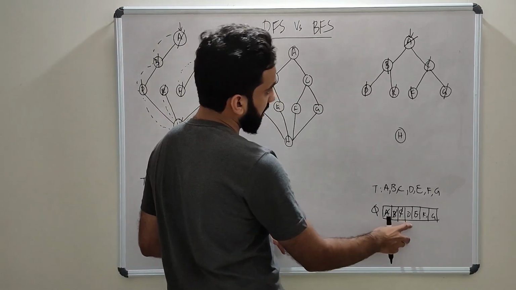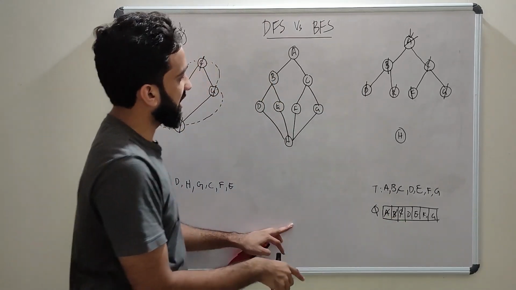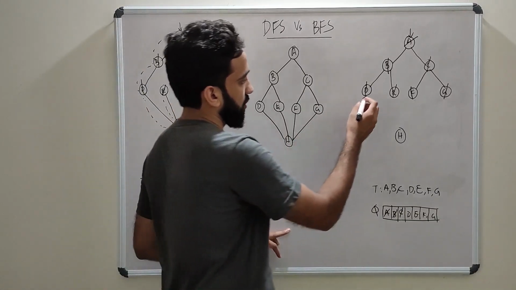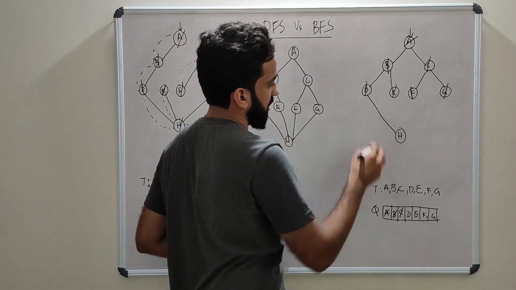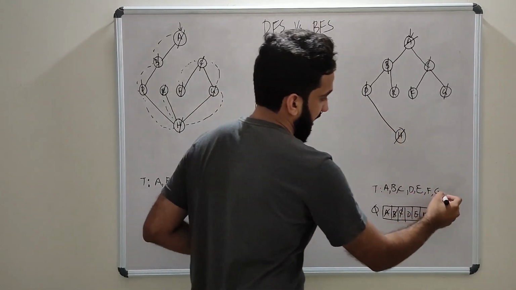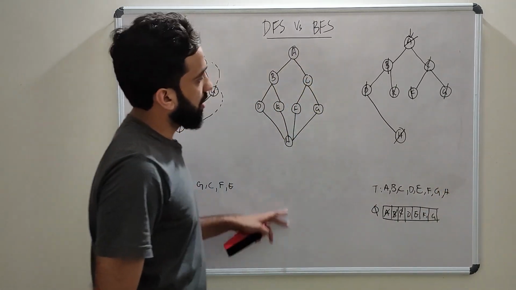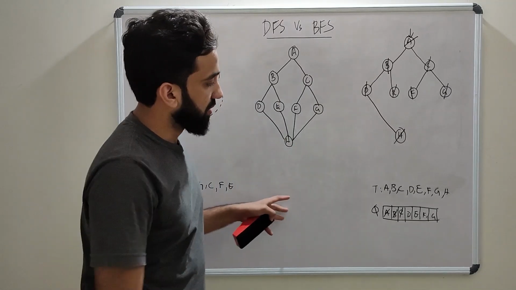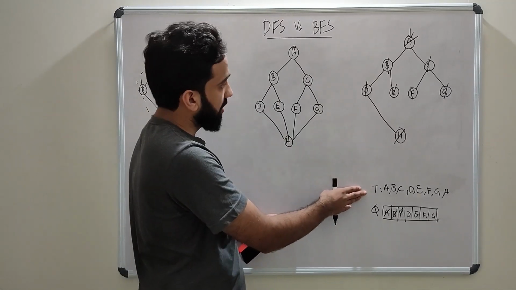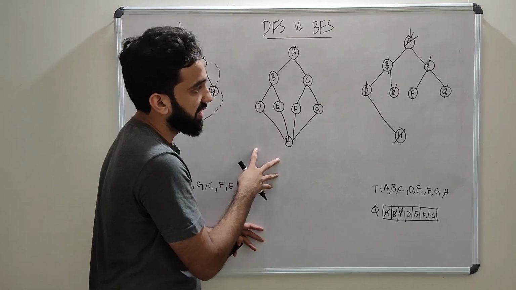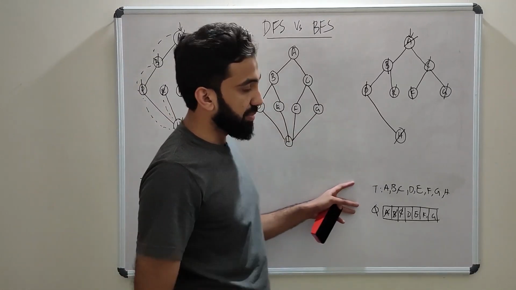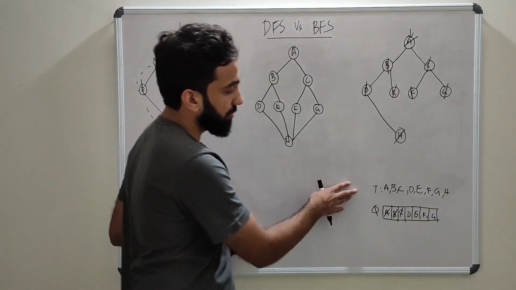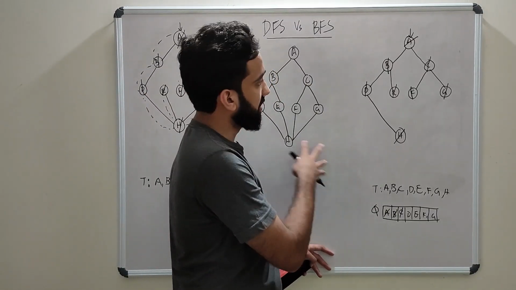So next we can go to D. So D is not completely explored. D has one node which is not explored, that is H. So from D I'll go to H. So I'll mark H as visited. I'll add H here. So now all the nodes of this graph are explored using BFS. So this is the traversal list that we get if we explore this graph using BFS. So it can be in a different order also. It depends on the node we select, but this is one of the orders of traversal of this graph using BFS.